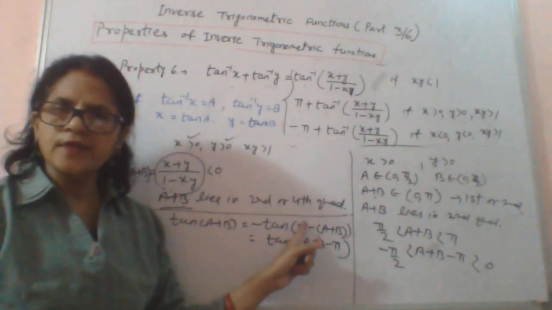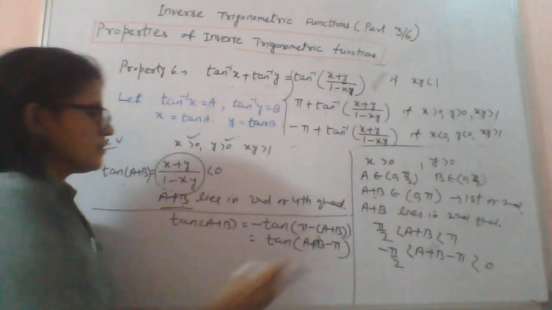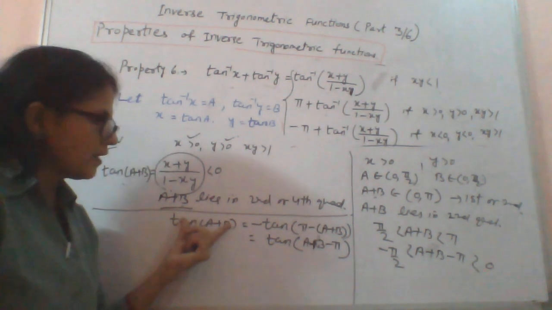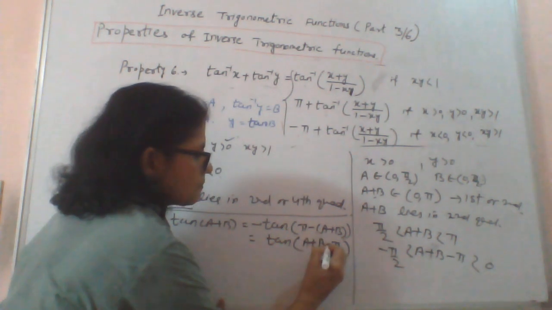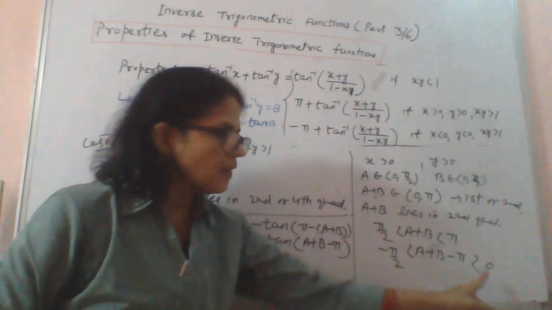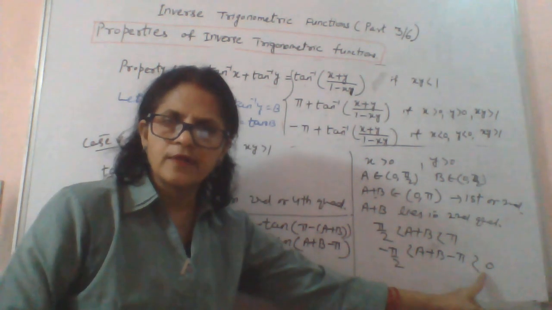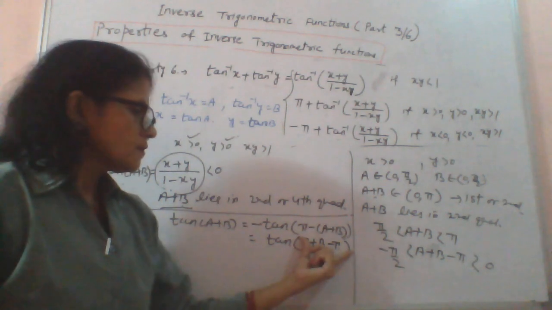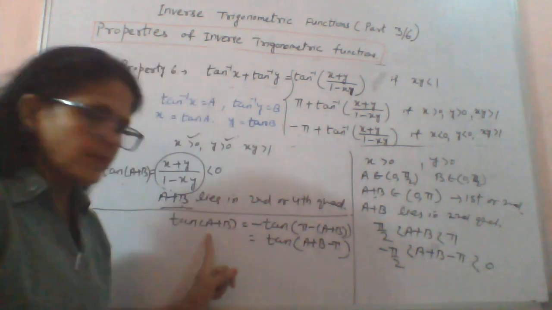Okay, minus tan theta is tan minus theta. This minus sign I just took in. So tan(a plus b minus pi). Here you see, tan(a plus b) can be written as tan(a plus b minus pi). What did we see just now? a plus b minus pi is between minus pi by 2 and 0. Between minus pi by 2 and 0 means it is a subset of the open interval minus pi by 2 to pi by 2. Right? So whenever a plus b minus pi lies in this interval, tan can be invertible.